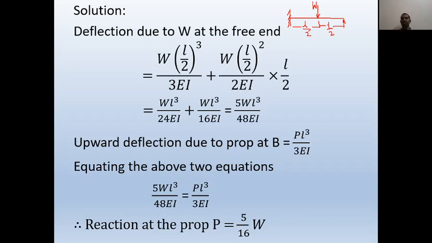So this is the formula. When you have an eccentric point load, the formula is given by W a cube by 3EI plus W a square by 2EI into (L minus a). Here, a is given as L by 2, and therefore L minus a will also be L by 2. So W a cube by 3EI, with a as L by 2. Similarly, W a square by 2EI, a is L by 2, into L minus a, L minus L by 2, again L by 2. When you simplify this, you get 5 W L cube by 48 EI. I hope up to here you are clear.